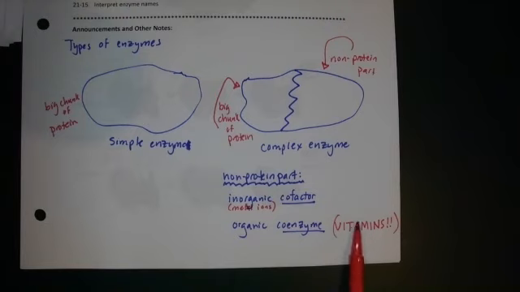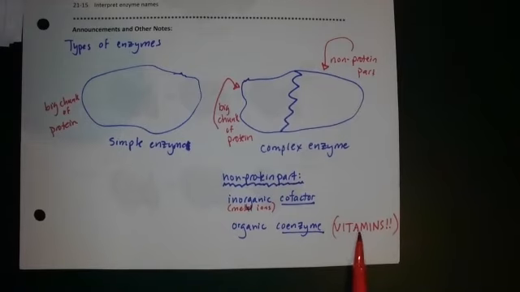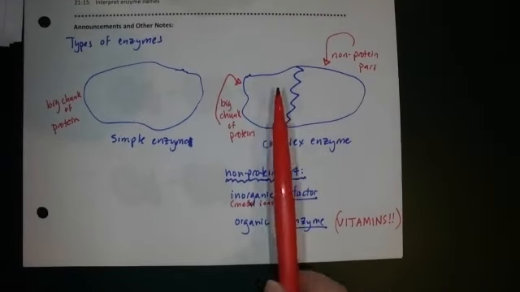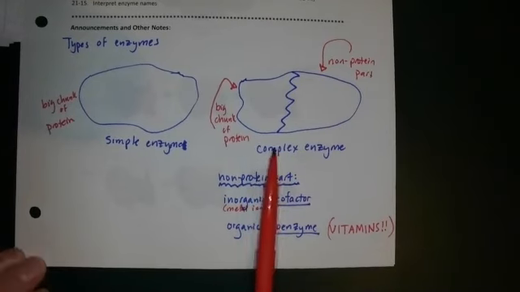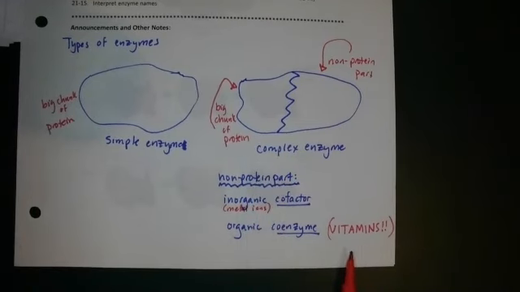That's part of the reason why you don't need large amounts of vitamins in your diet. Part of what they're used for in your body is to build coenzymes, to build an enzyme, and you don't need large amounts of these in the same way that you need larger amounts of carbohydrate, protein, and so on in your diet.